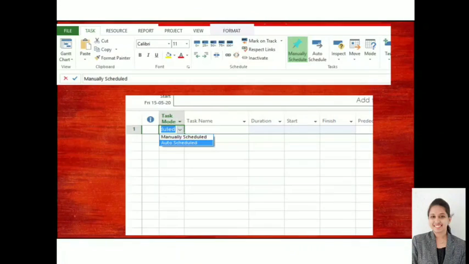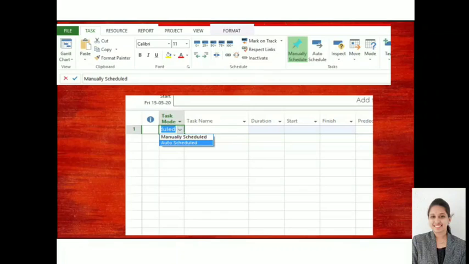So what exactly do you mean by manual schedule? A manually scheduled task can be placed anywhere in our schedule and the project won't move it. For example, you have listed all the activities, and when you're tracking your project, suddenly due to some uncertainty, one activity has a delay. So you reschedule all the activities. When you have the manual schedule setting, you need to reschedule all the activities manually, that is, the project won't move it.